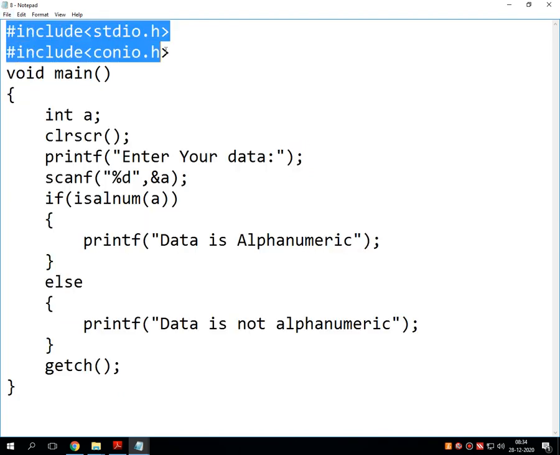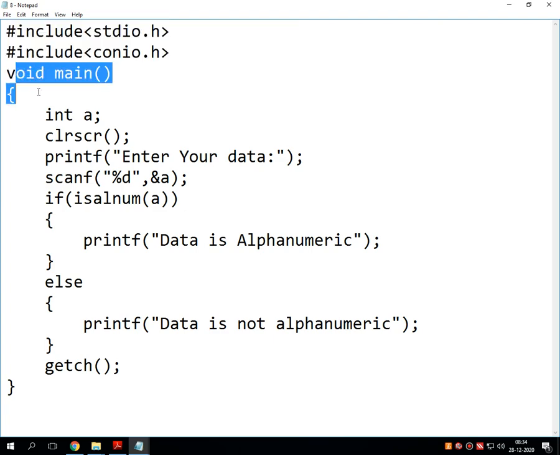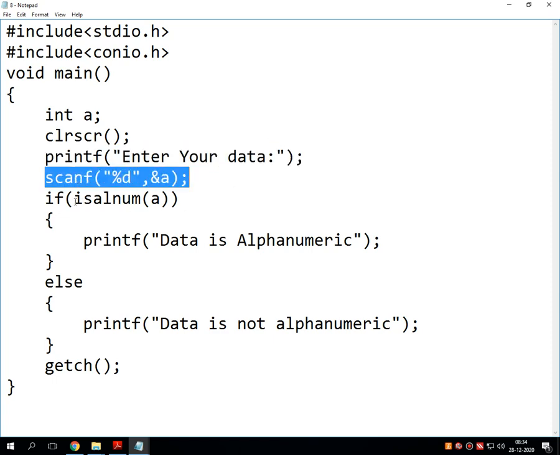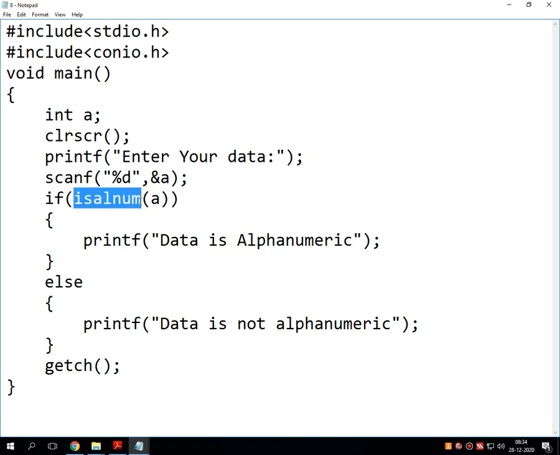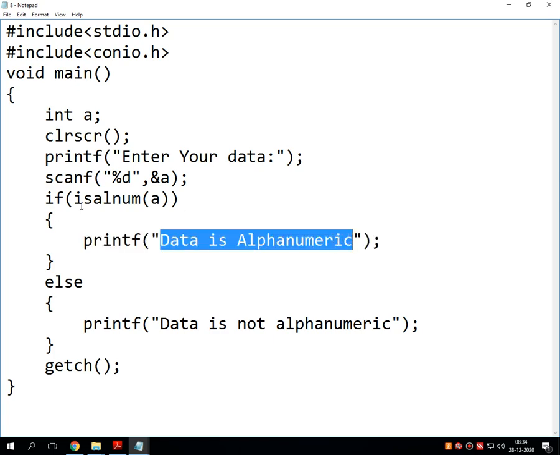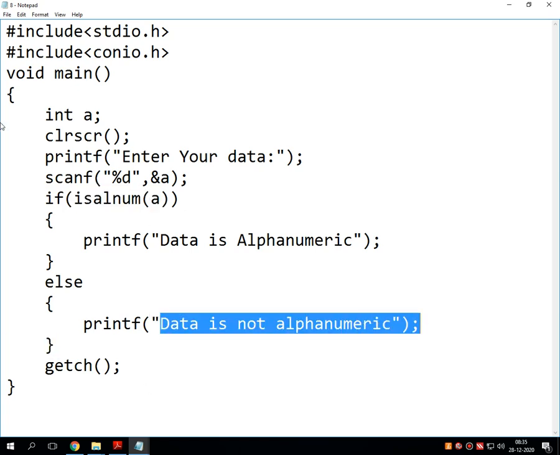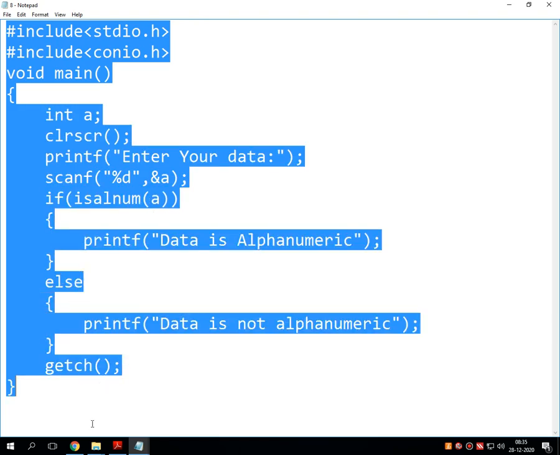What I have done is, first I have written the library statements, then void main, then an integer, the clrscr function, then I am instructing the user to enter the data, reading that data and checking whether it is alphanumeric or not. If the entered data is alphanumeric, then it prints data is alphanumeric, and if it is not alphanumeric, that means it may be either a character or a number by itself, then it prints data is not alphanumeric. So note down this program for your journal.